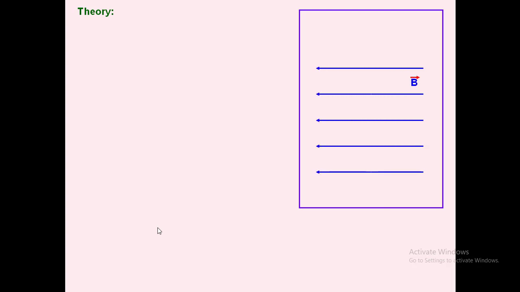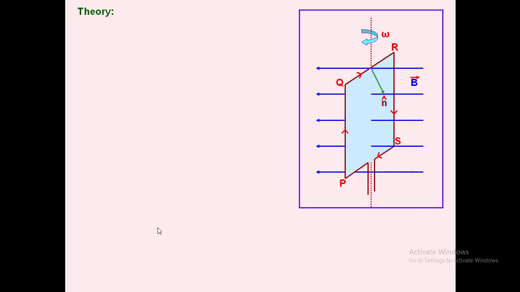Uniform magnetic field, which is represented by B bar. I'm going to rotate the coil in anti-clockwise direction. Whenever I rotate the coil in anti-clockwise direction, you can see the direction of induced current is along PQRS. That is n cap, which is nothing but the normal vector of the plane of the coil, that is PQRS. So always the normal vector is represented perpendicular to the area of the coil. Now if you see, the normal vector, that is the area vector, and the magnetic field are making an angle theta with respect to one another.